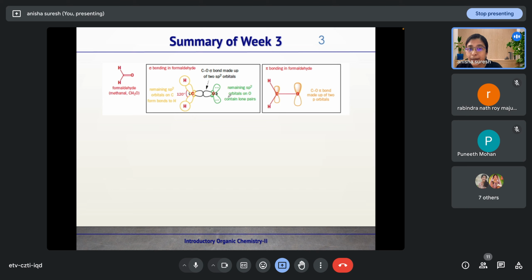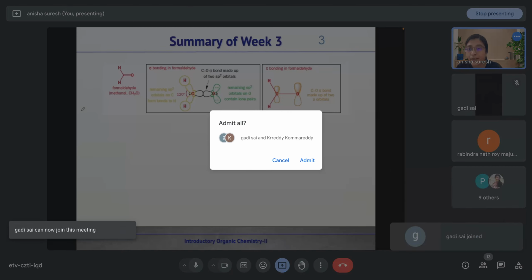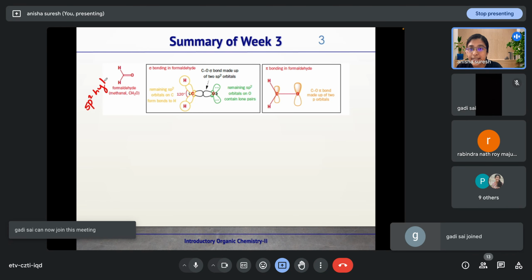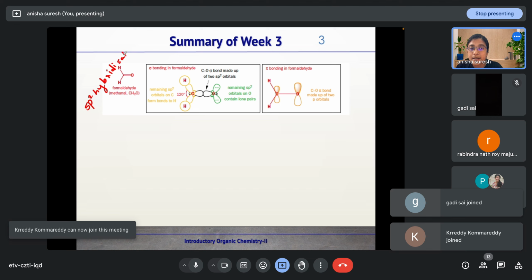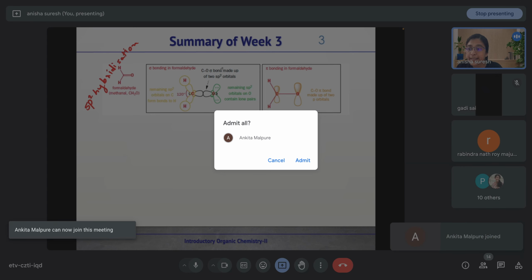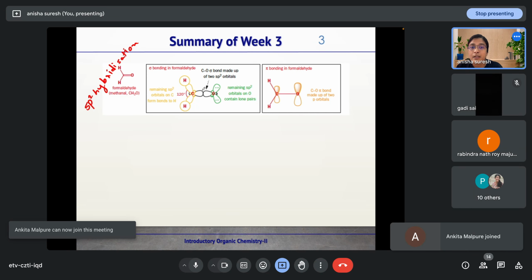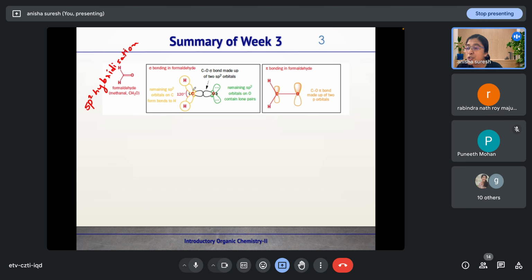Since this is a planar molecule, it will have sp2 hybridization. One of the sp2 hybrid orbitals of both the carbon and the oxygen will combine, resulting in the formation of a sigma bond. The carbon will have two more sp2 hybridized orbitals. They will combine with the orbitals of hydrogen, resulting in the formation of CH sigma bonds. And here the remaining two sp2 hybridized orbitals of oxygen